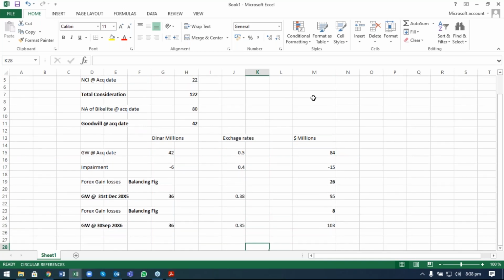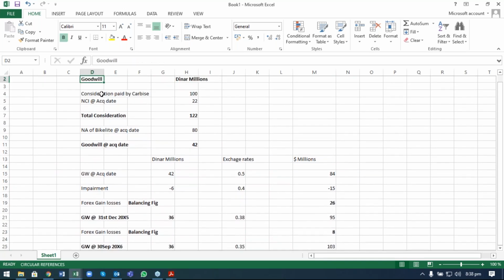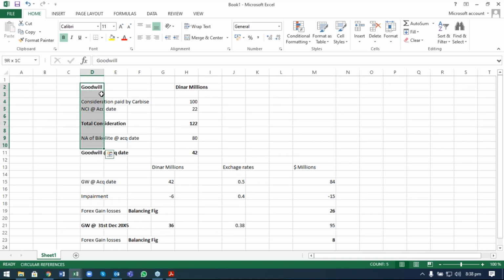Okay, what explanation is required? You have to explain how you have calculated the goodwill. So an explanation of all these calculations one by one. We have to consider the consideration paid by the parent company of 100 million, and add the fair value of NCI at acquisition date to come up with the total value of the company. The total value of the company in this situation is 122 million, and then the fair value of the net assets of the subsidiary at acquisition date. The carrying amount of the net assets of the subsidiary was 60 million,